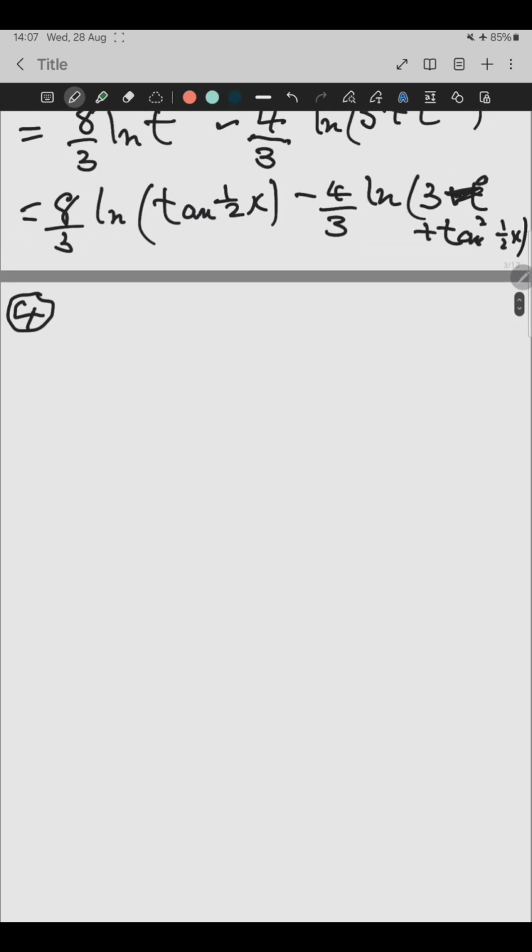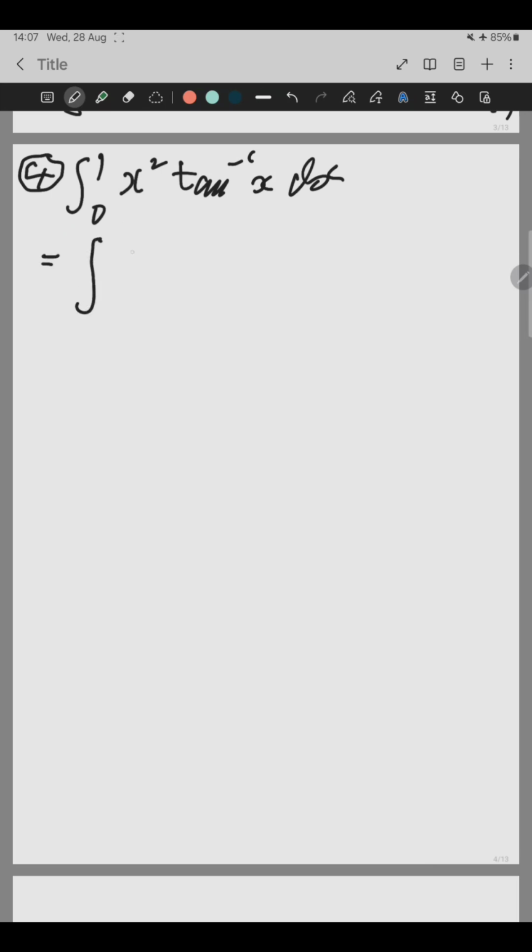And now move on to the fourth one. That is the integral between the limits 1 and 0 of x squared tan inverse x dx. You find this much easier if you reverse the order and put in tan inverse x as our first function and x squared as the second. Right? So,